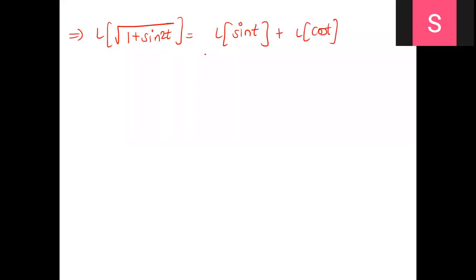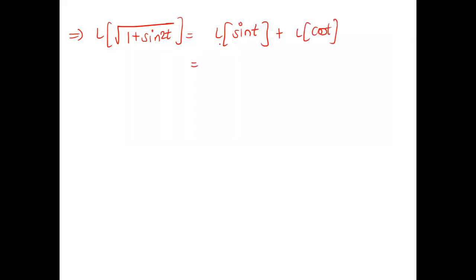So what are the answers? What is this Laplace? 1 upon s square plus 1. Correct. And what about this cos t? s upon s square plus 1. Very good. So we got the two answers, which is Laplace of this. But on this, now we want something multiplied. What is multiplied there? e raised to